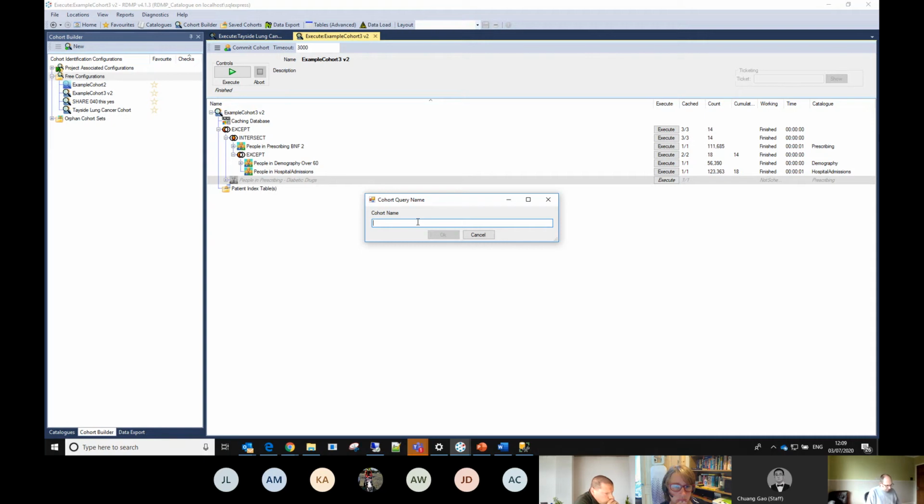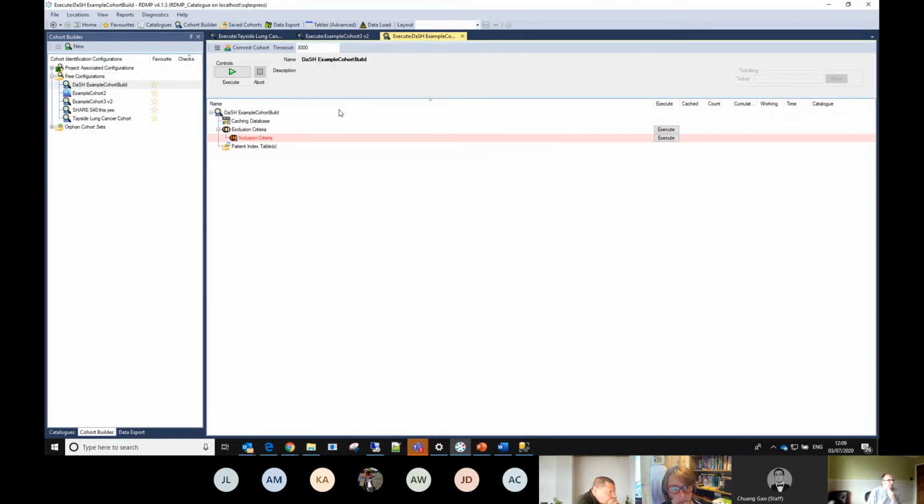So let's give it a name, and that gives us, as you can see, an empty configuration. Now you'll see that we have an inclusion and exclusion set already created in here by default.